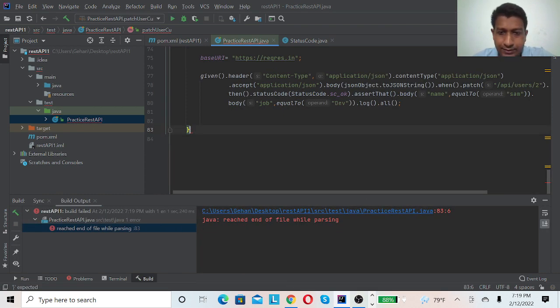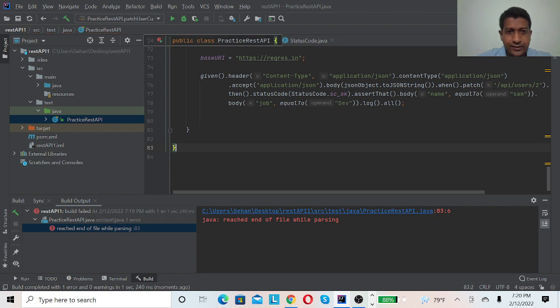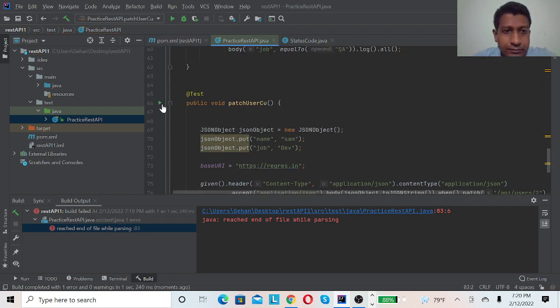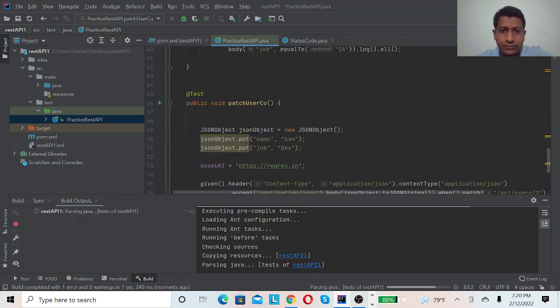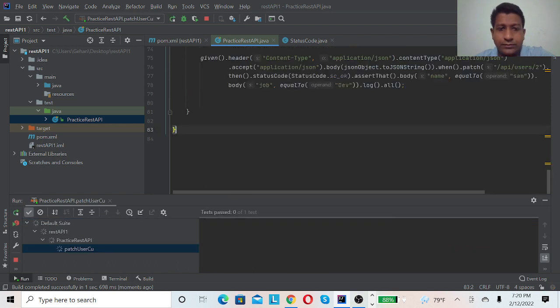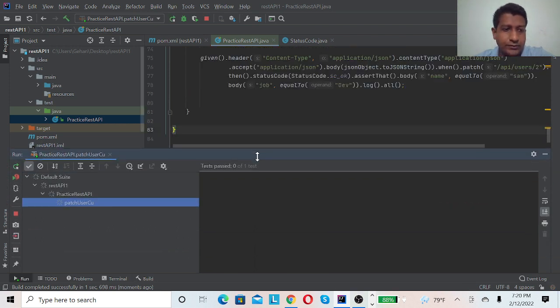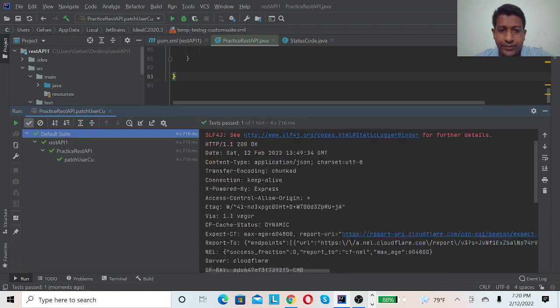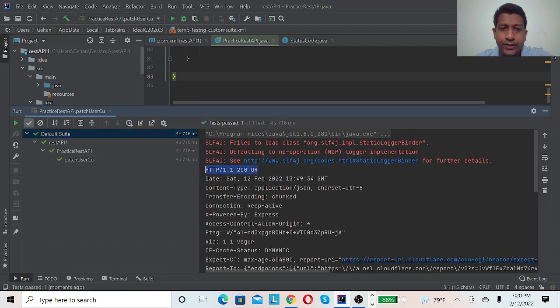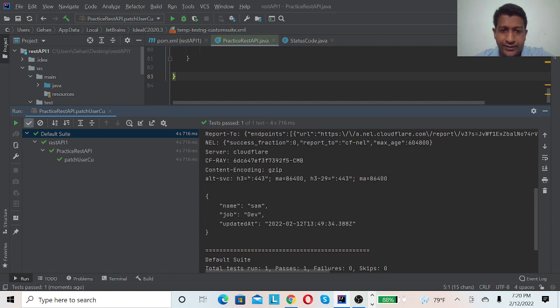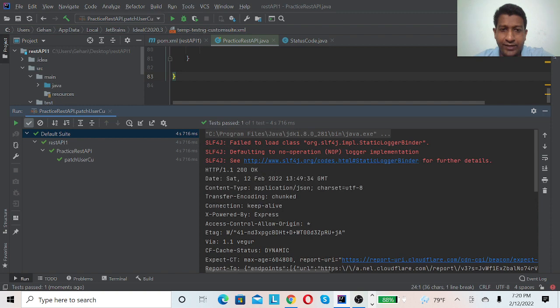There's an error. I have missed the curly bracket. Here you can see patch is passing and it's getting 200. Okay, and you can see the name and job has changed for the ID number 2.